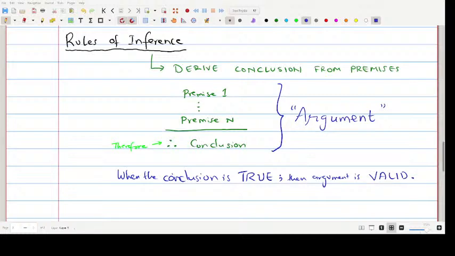So again, what are we doing here? How are we getting to the conclusion? We are taking the premises and we are doing conjunction, an and operation. In an and operation, if the result is true, then each of the premises have to be true, correct? So there is an argument here. For the argument to be valid,